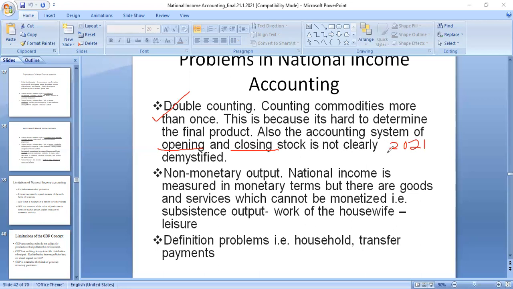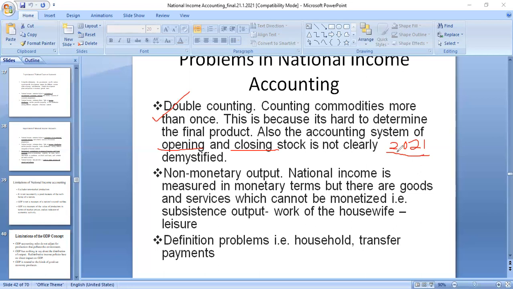How will you know if this factory has not disclosed it to you? How will you know? Because you find that some of the goods were manufactured last year, but they are still in stock. They are together with the same stock that has been manufactured this year. So how are you going to know that this stock is for 2021? Part of the other stock was for 2020. So at the end of the day, we are going to have a problem of double counting,